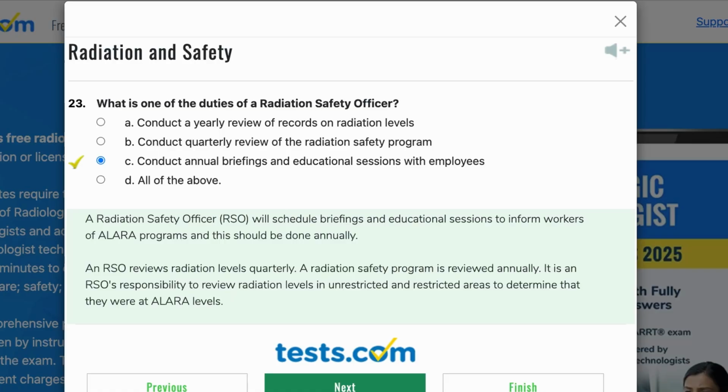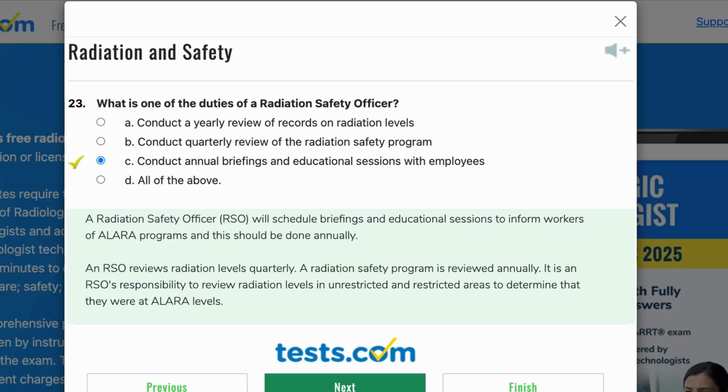A radiation safety officer, or RSO, will schedule briefings and educational sessions to inform workers of ARRT programs, and this should be done annually. An RSO reviews radiation levels quarterly. A radiation safety program is reviewed annually. It is an RSO's responsibility to review radiation levels in unrestricted and restricted areas to determine that they were at